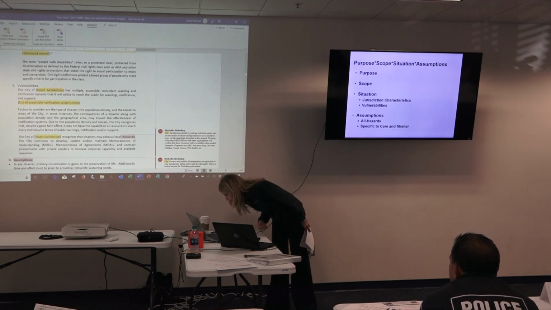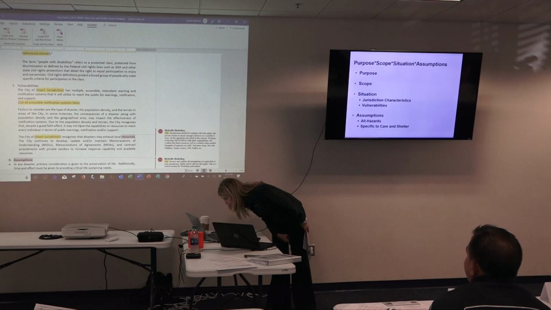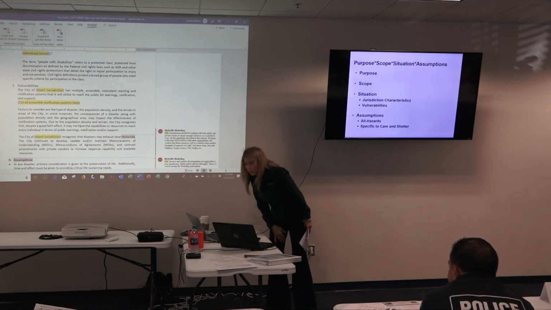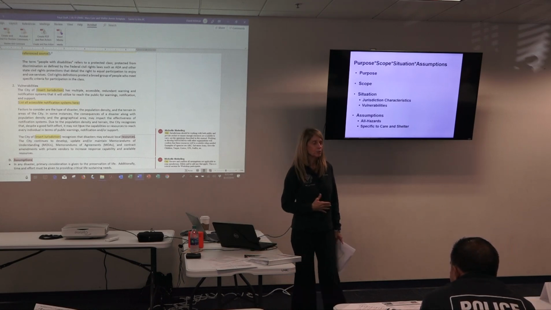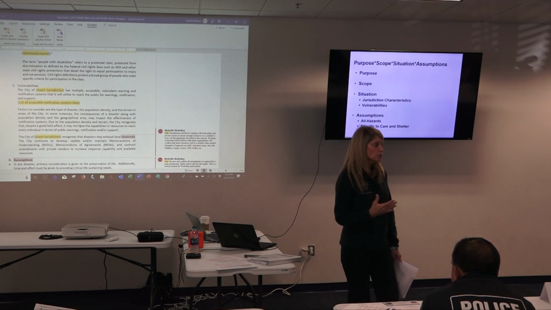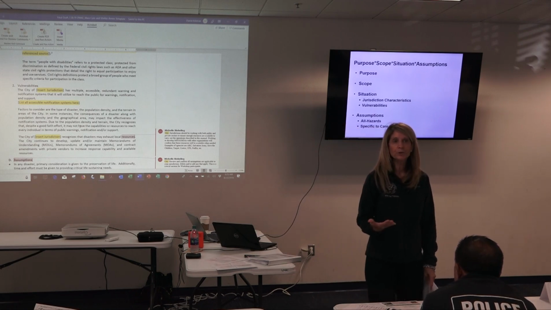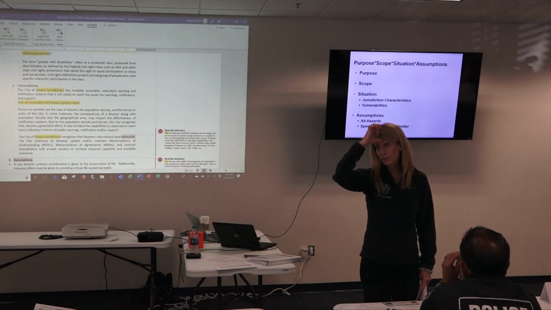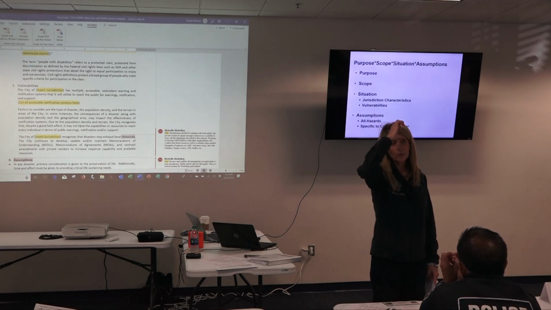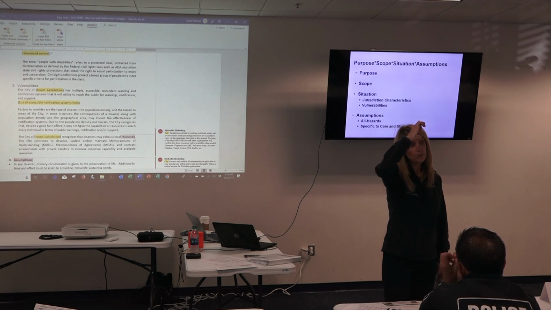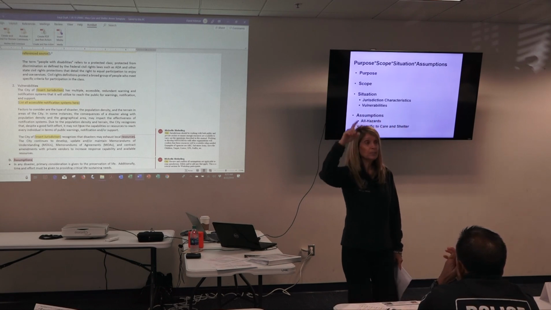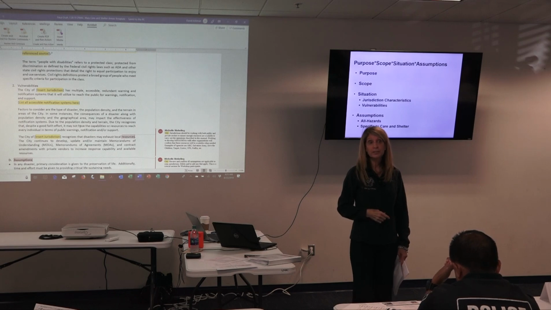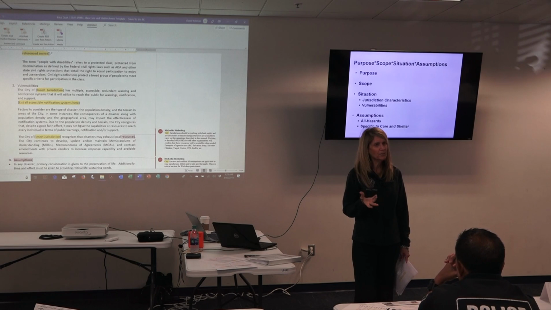And one of the things, when we talk about jurisdictions, as we move through, is you'll have an opportunity as you start to look at what we need to do to provide care and shelter. You're going to start to see that you may not have all the resources available. So over the next couple months as you move to close this plan, you'll need to be reaching out to some other agencies and looking around your jurisdiction and doing a really good job of recognizing, have I identified everybody